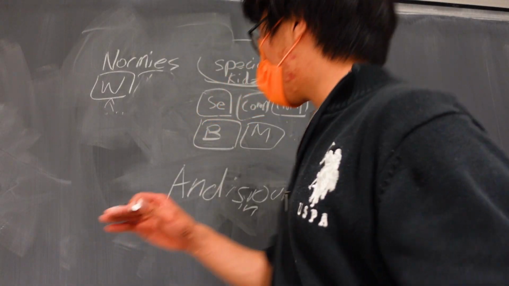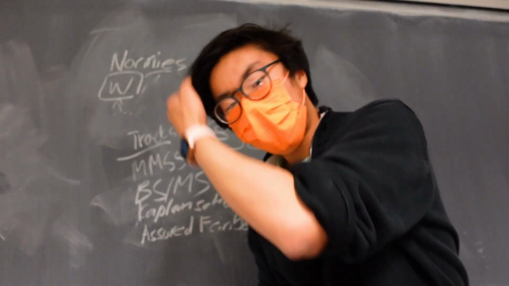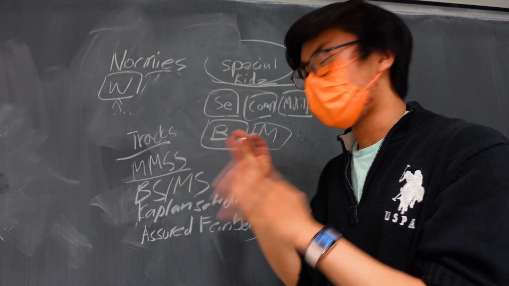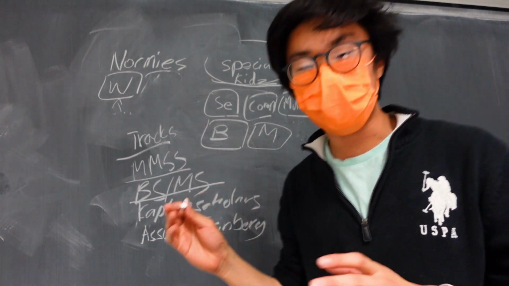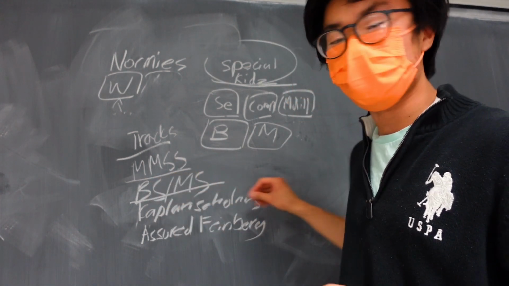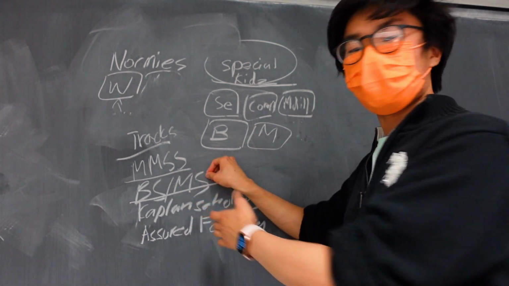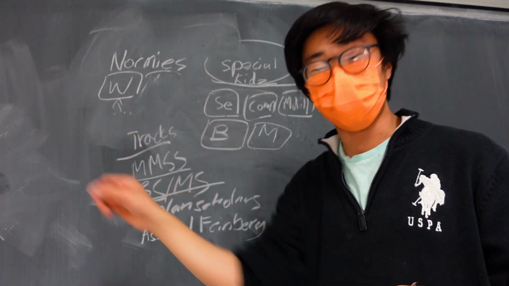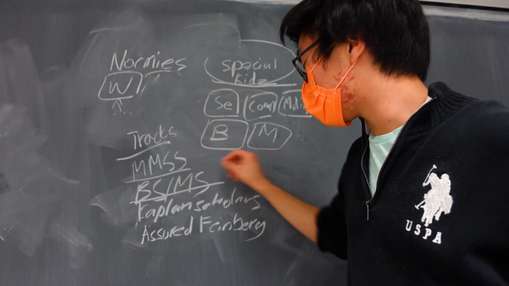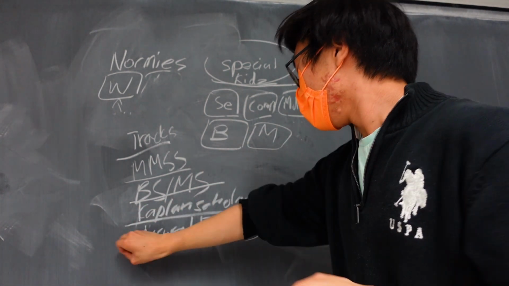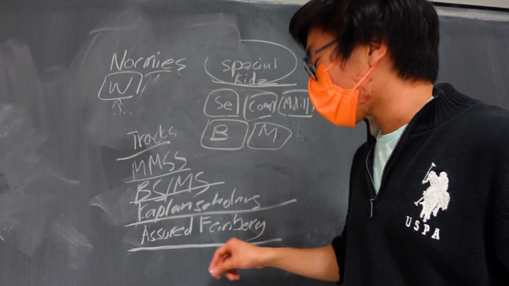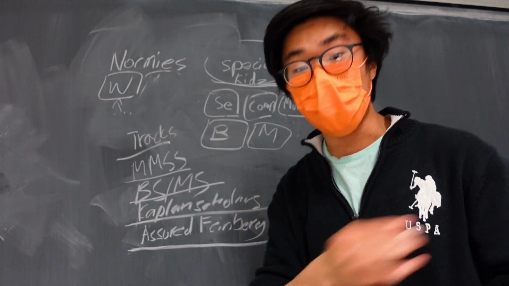Here at Northwestern, there are also things called special tracks. Okay, we're going to talk about these special tracks first. So there's MMSS, which I'm pretty sure is some combined advanced mathematics sequence. BSMS, which is Bachelor of Science to Master's in Science. Essentially, the BSMS degree allows you to get a master's degree in 5 years. I'm pretty sure this is only in a few select areas, in a few select majors, but that's an interesting option if you want to pursue that. There's the Kaplan Scholars. I know nothing about that. Assured Feinberg essentially means that if you want to get into a medical school, this program makes sure that you get into a medical school no matter what.